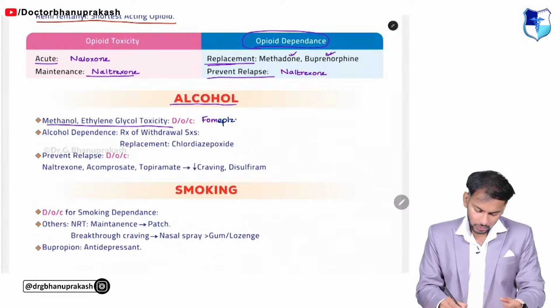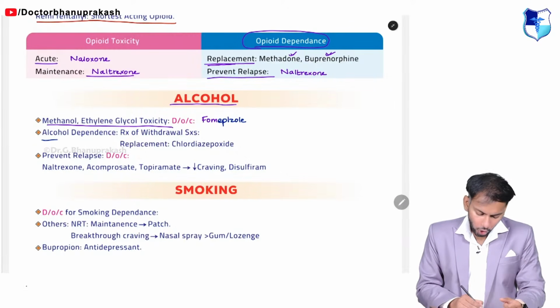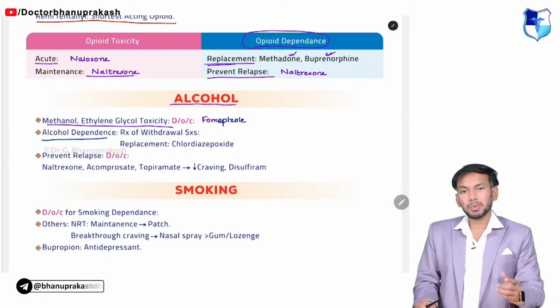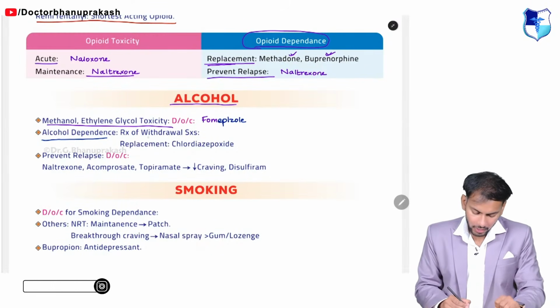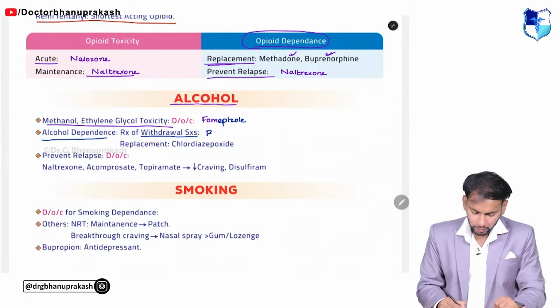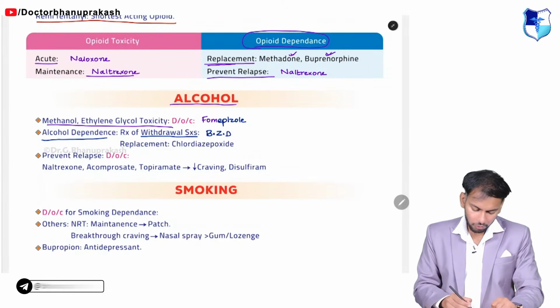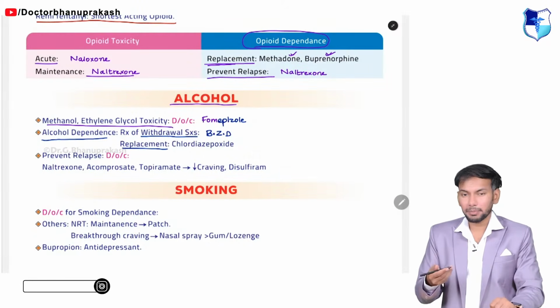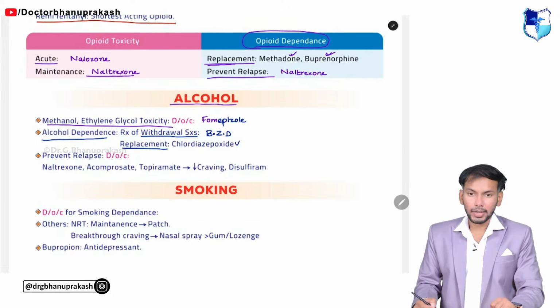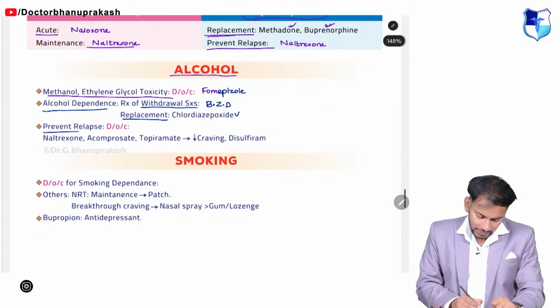It is fomepizole. Now, for alcohol dependence, if a person suddenly stops alcohol and he is having withdrawal symptoms, what would you do? You have to give benzodiazepines. Now, for replacement, you have to give long-acting benzodiazepine, that is chlordiazepoxide. To prevent the relapse of alcohol,